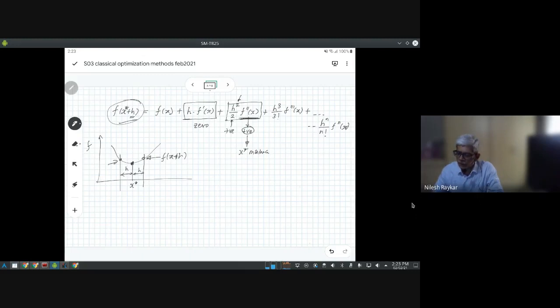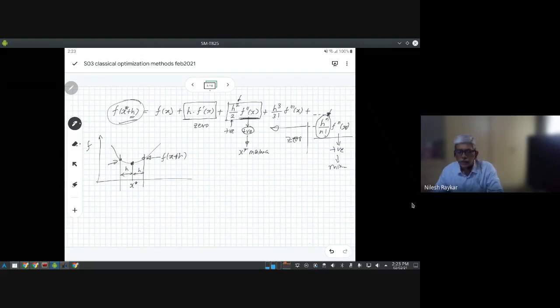A similar thing you will find as a generality: if all the earlier terms are 0 and some nth term happens to be non-zero, in the case n is even, this particular term will always be positive. And in that case, if your nth derivative is positive, then that indicates it's a minima.